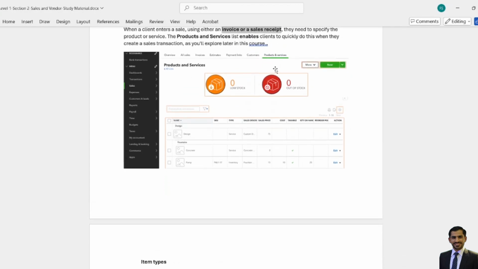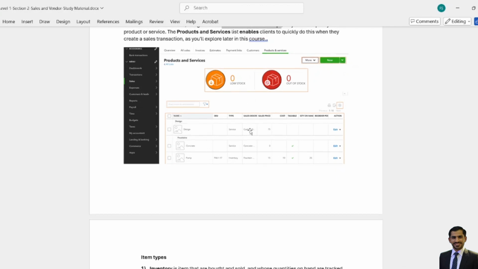So basically we are going to explore the product and services. Now this is product and services. When you create a new product or service, these will be shown in this format. This is design, this is like services, and you can also edit from here, and these are other services, and this is inventory. Their type is mentioned here. If you want to add a new one, then you shall go here on the right side. This is a new button. You shall hit this button, and then you will give the information,